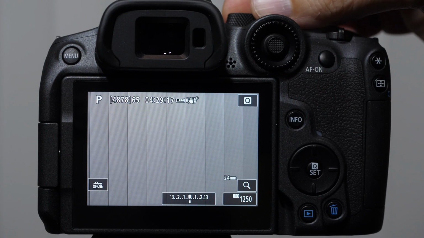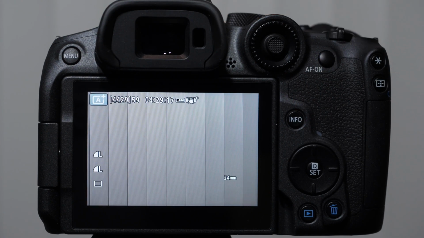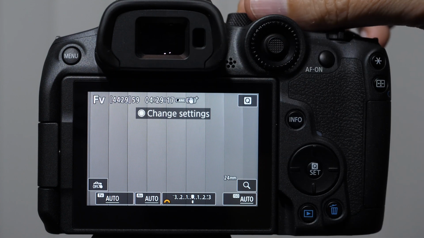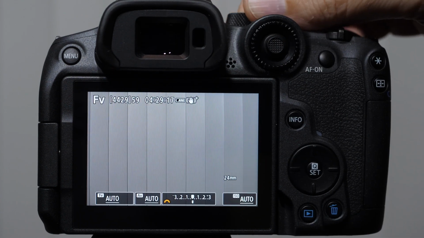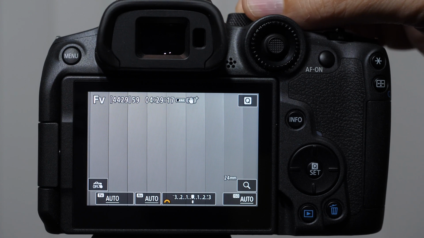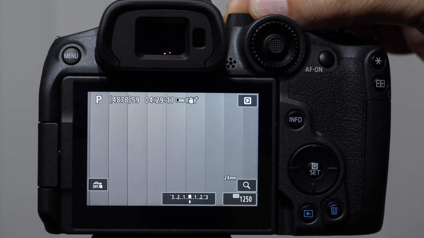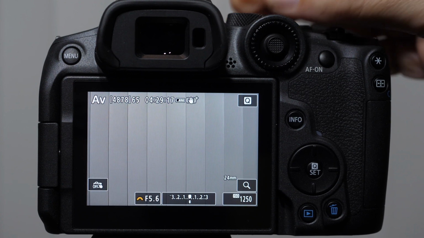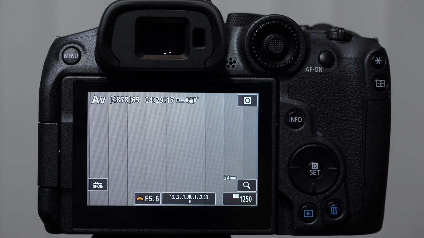You'll notice that as we change the mode dial, we get these different letters and symbols in the upper left-hand corner. There's the auto mode, the A mode. We have this Fv mode that I'll talk about after manual mode. There's the P mode, which I've told you to shoot on if you're a brand new photographer. But the easiest way for me to teach you about exposure control is Av mode, which stands for aperture